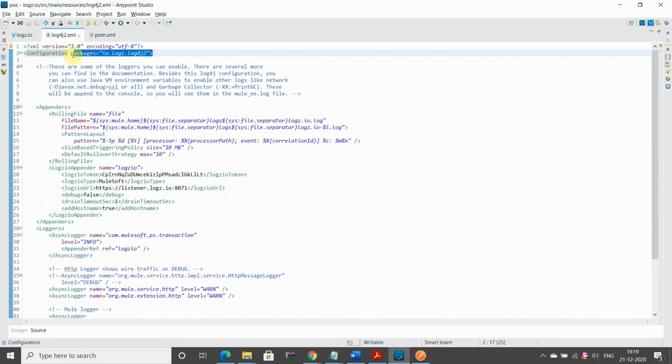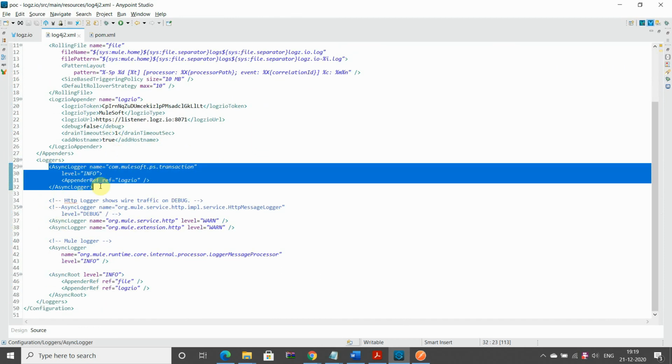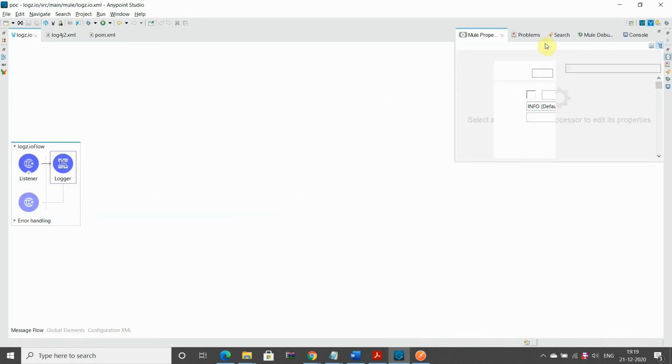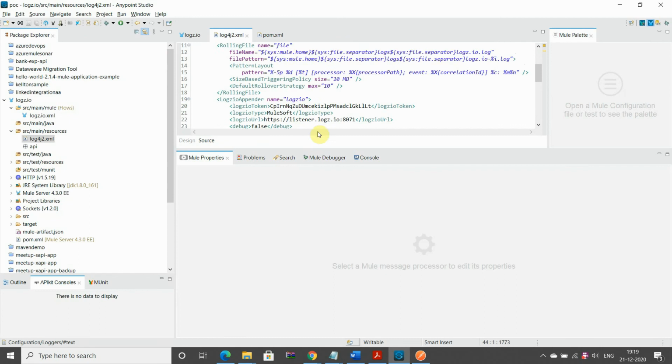This is for native deployment. Apart from that I have added a new async logger. And then either you can directly use this category or you can use the info category to send a request. You can see that I just added this category transaction, MuleSoft PS transaction, which I have defined in log4j.